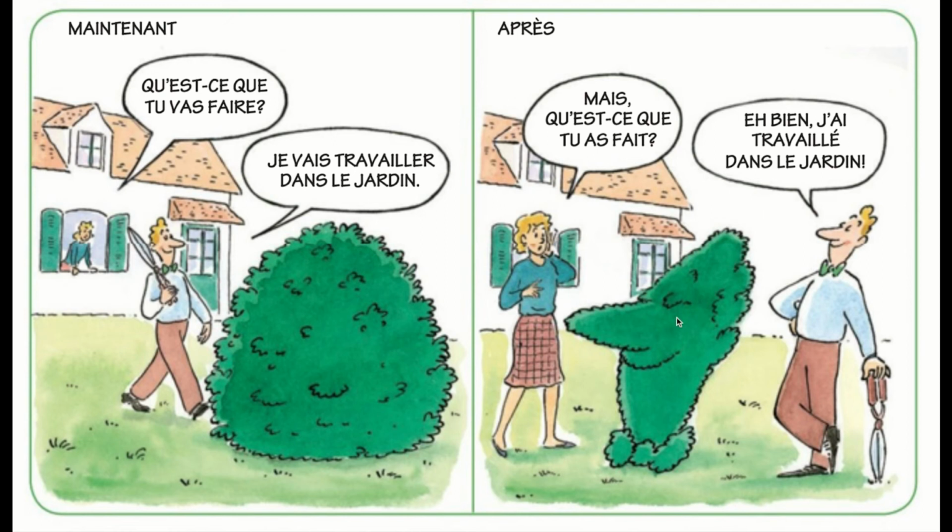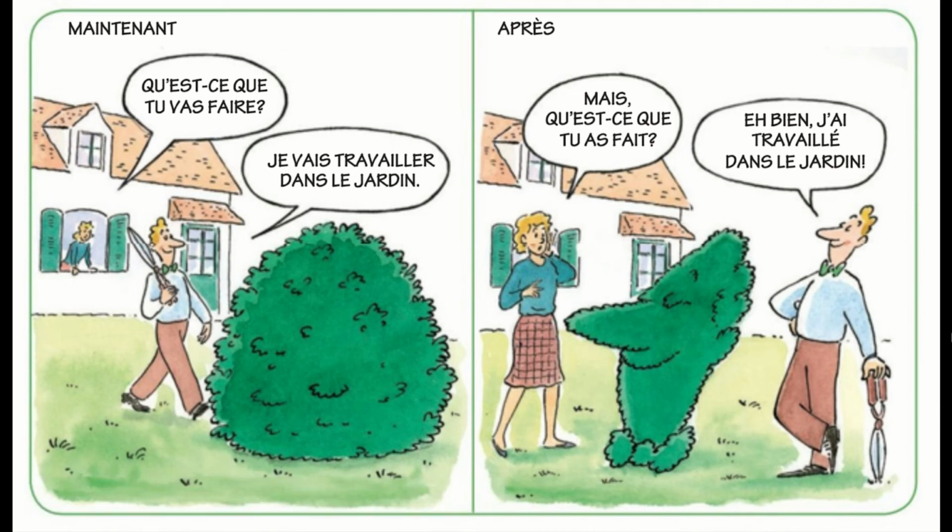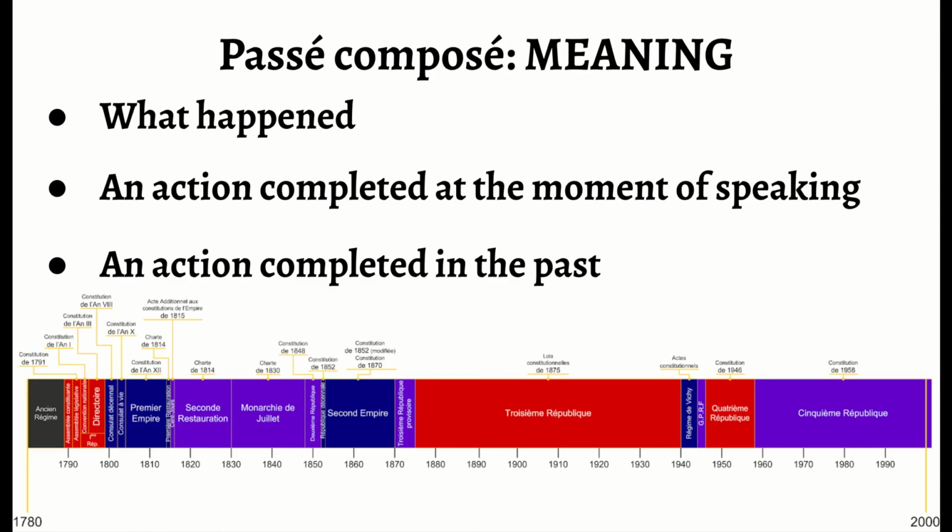Il a fait une petite sculpture. Il a sculpté son profil dans le buisson. Oh là là, okay, quel égoïste. Mais bon, okay, ça va? Alors,